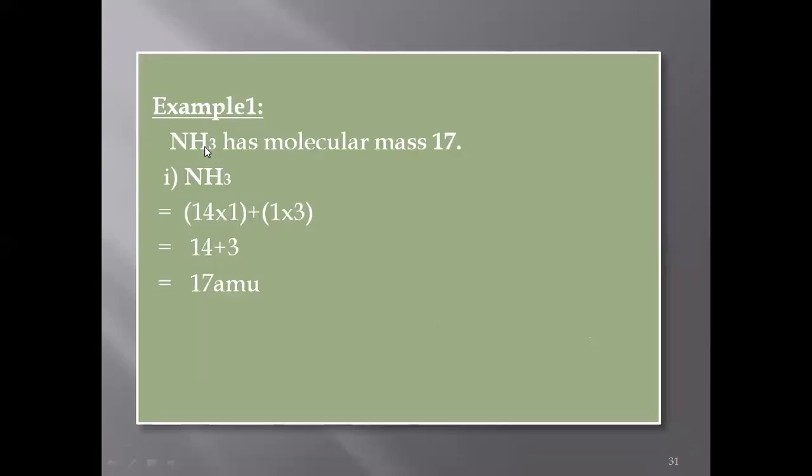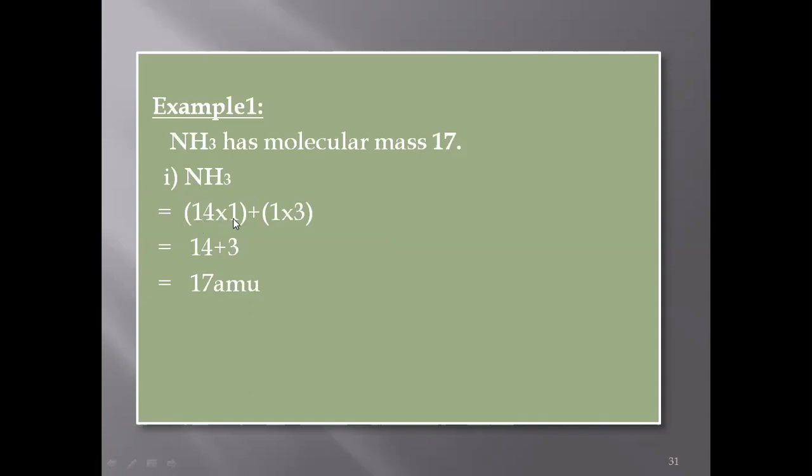Let's see how we can calculate the mass of a compound. We have the compound ammonia, NH3, and it is a covalent compound. When we want to find the mass of this ammonia, we need its formula, that is NH3. First of all, it is made up of one nitrogen atom and three hydrogen atoms. We have to add up the masses of all these elements. Like we have to put the mass of nitrogen, that is 14. The atomic mass of nitrogen is 14, and we will take this mass from the periodic table.